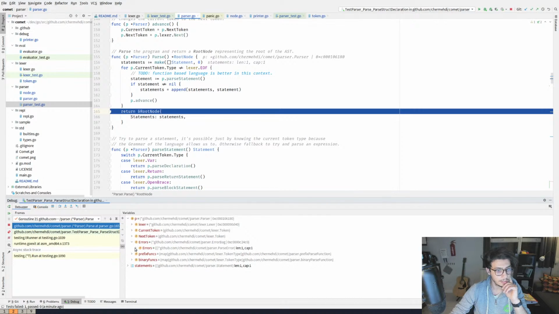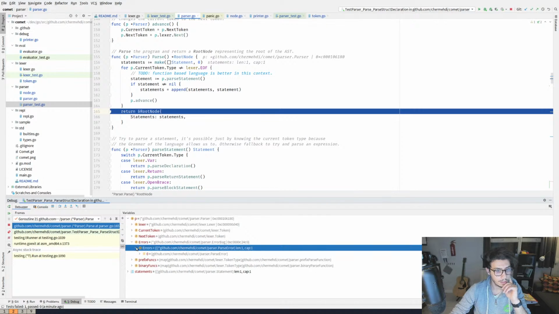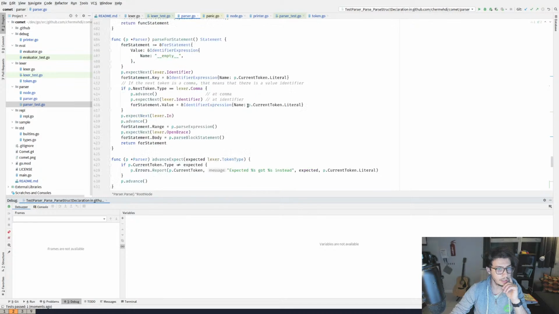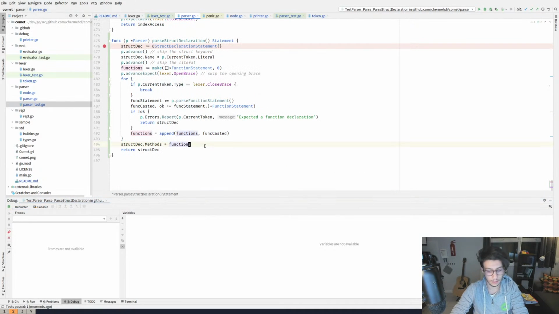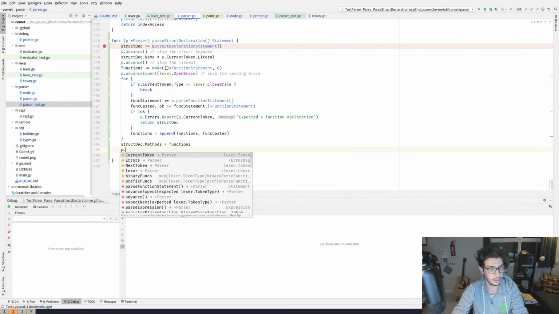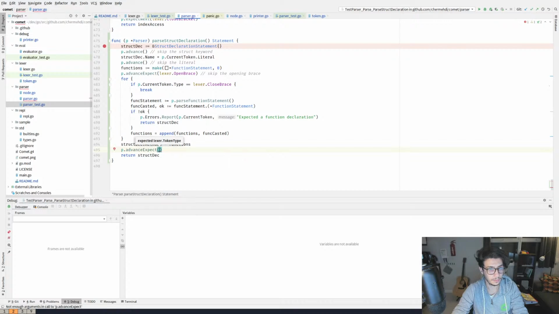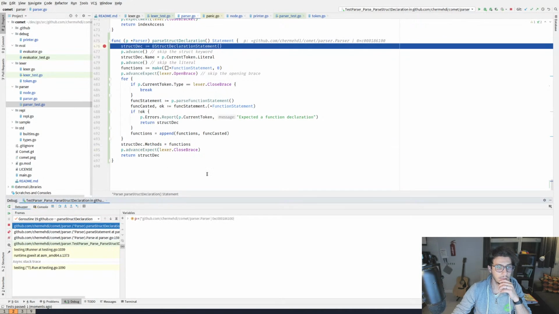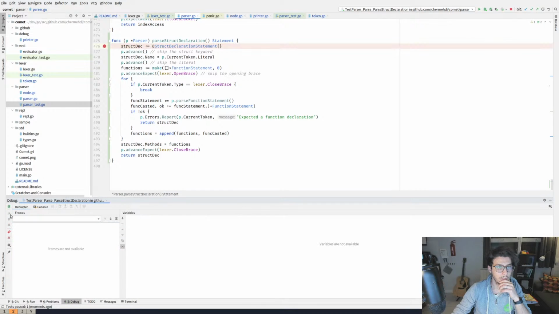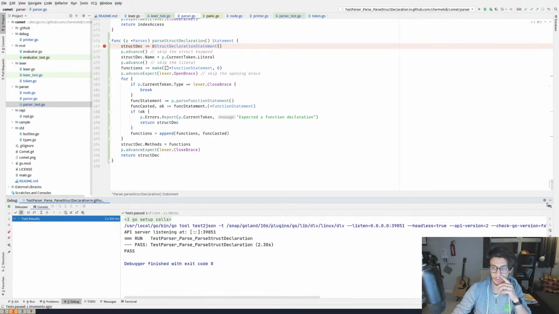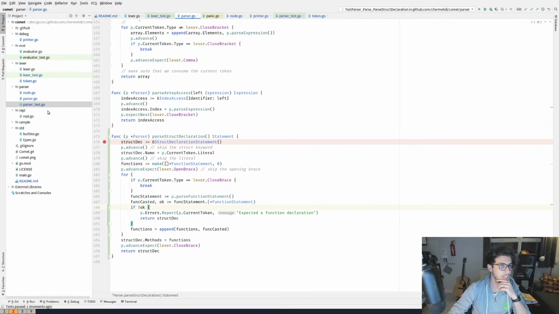Yeah, that was my suspicion, because we expected something. No parsing function found for this. So we need to make sure that we advance in here. p.advance and expect lexer close brace. Running this now should work. Yeah, it works perfectly.